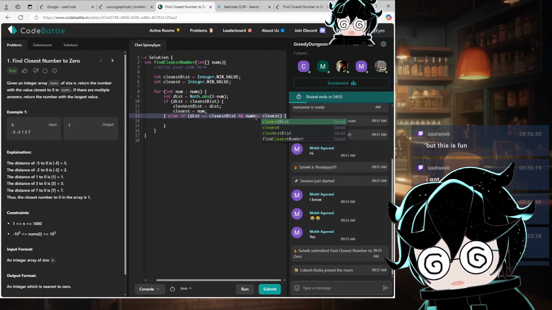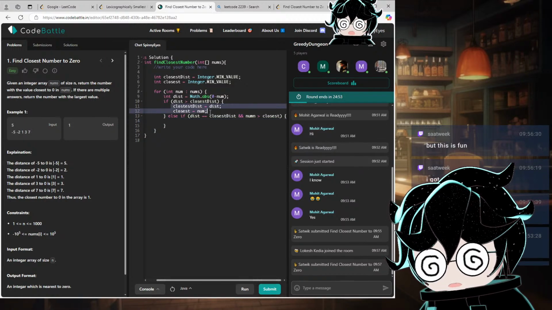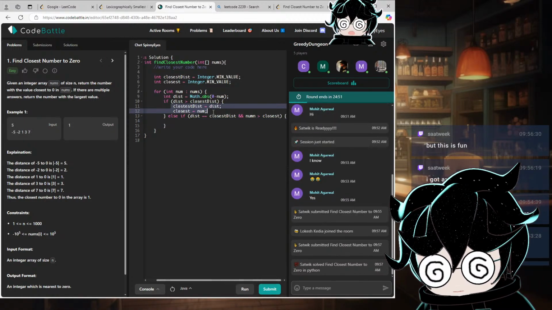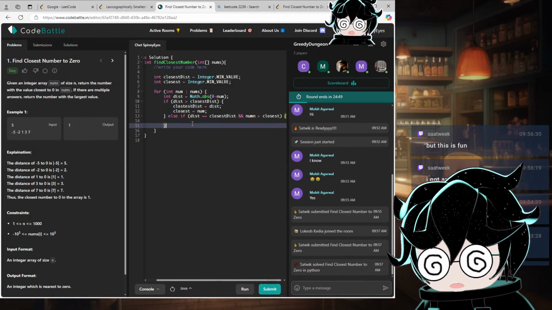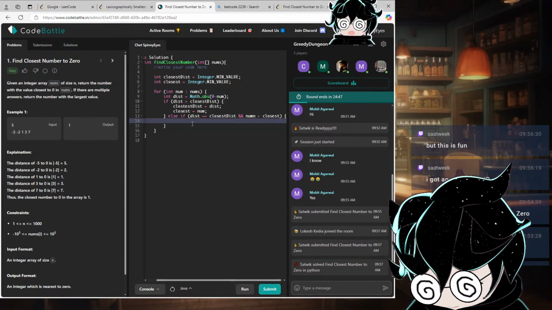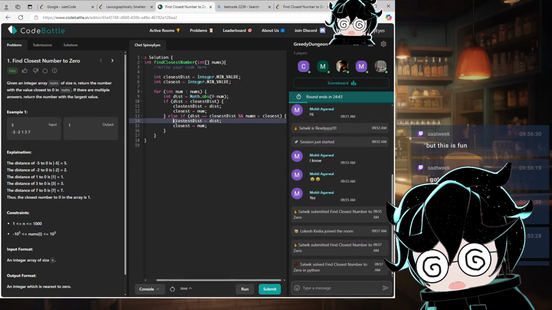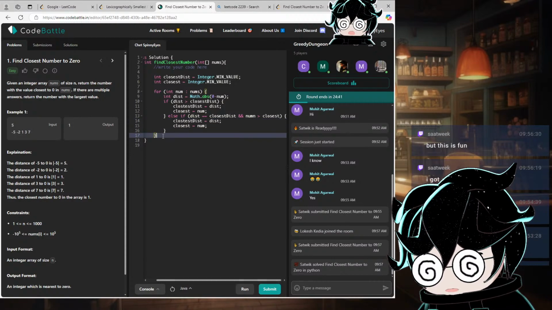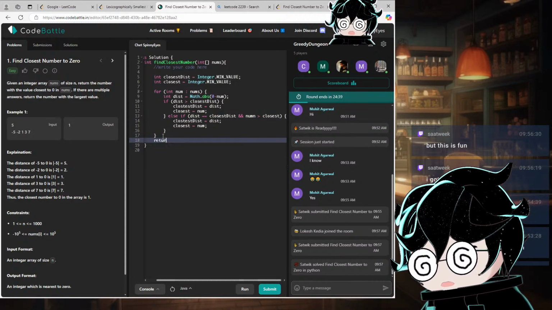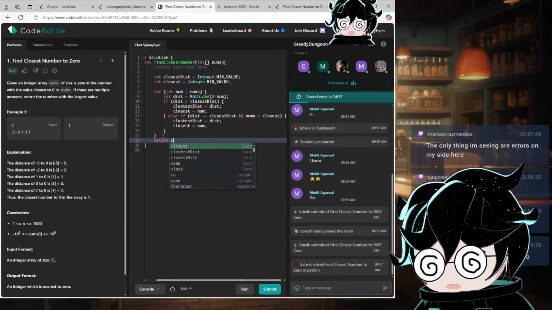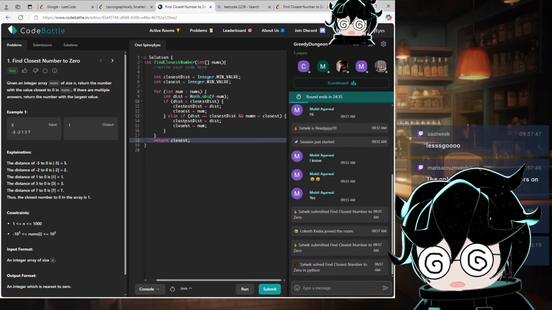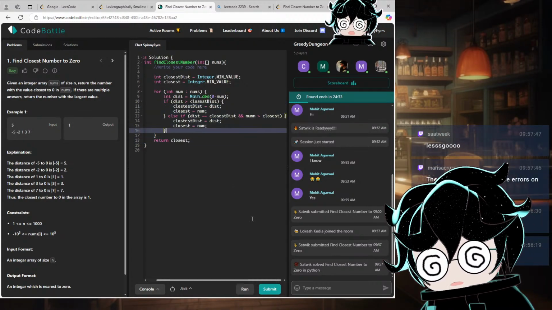Then we do the exact same thing, don't we? Hey, nice going, Satwik. Closest distance is equal to distance. Return closest. I could probably combine these conditions, but